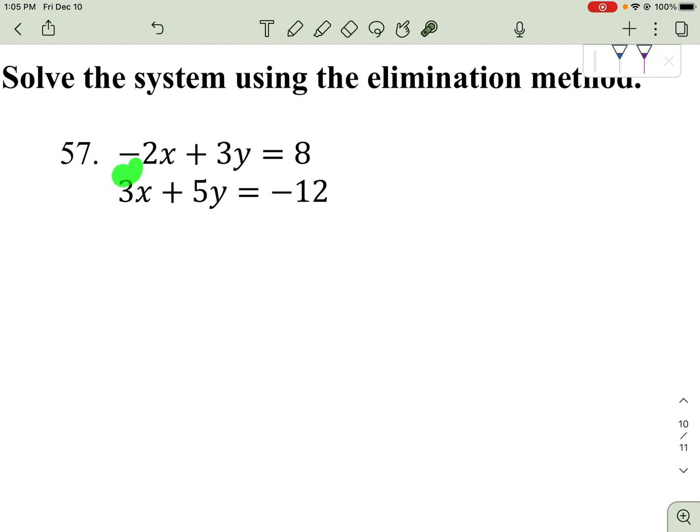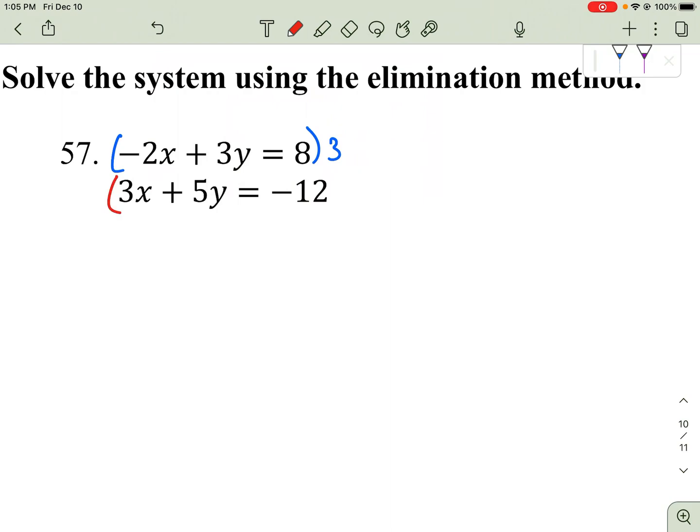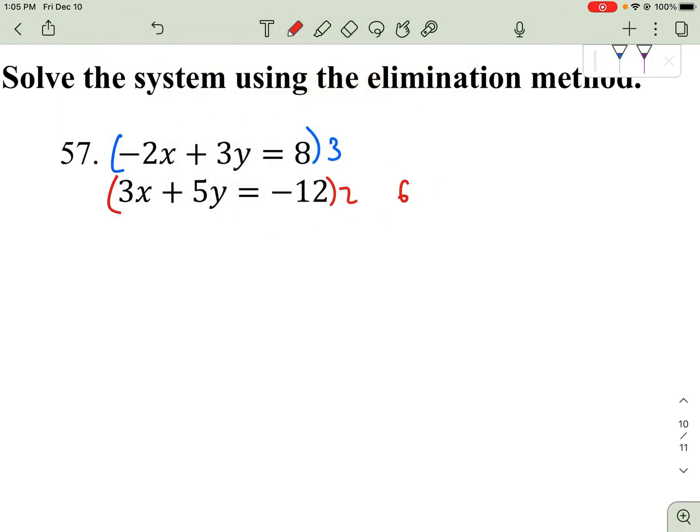I notice here that I have a negative number and a positive number. So I want to try to make these numbers the same by multiplying the different equations by different numbers. So if I multiply this one by 3 and this one by 2, then for the red equation, I'm going